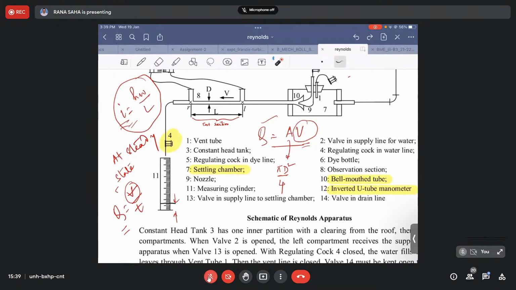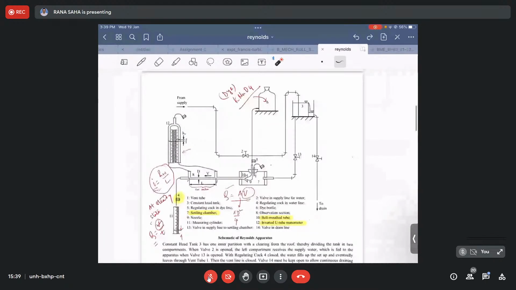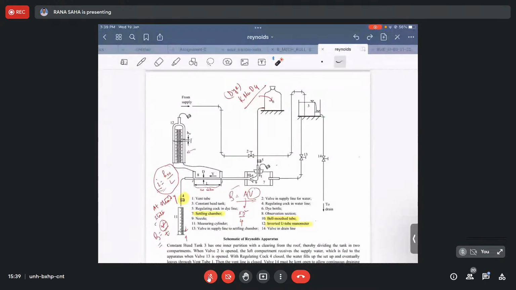Any other question related to the experimental setup? If you have, you can ask. Okay. If you do not have any query, then the visualization part is over. Now we need to come to the